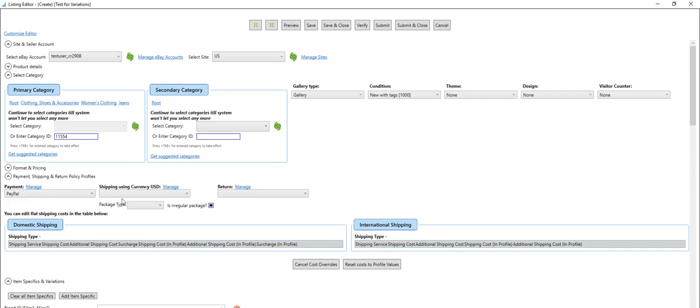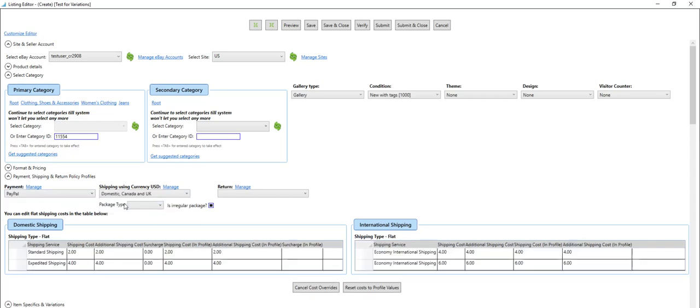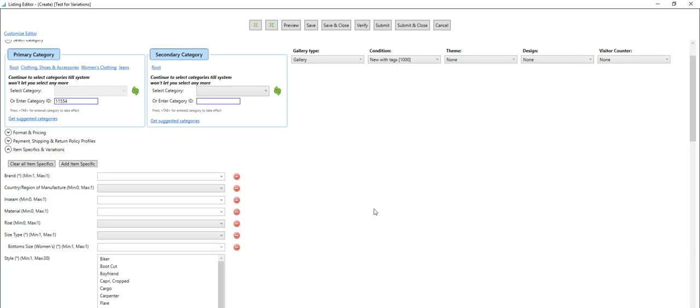Then it's payment, shipping, and return. And now comes